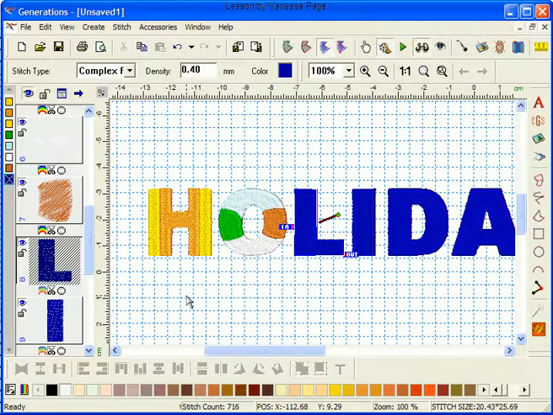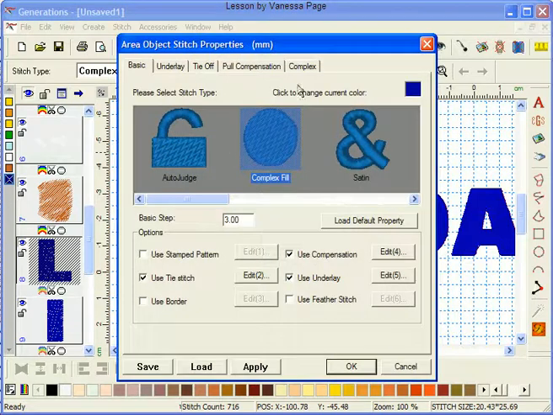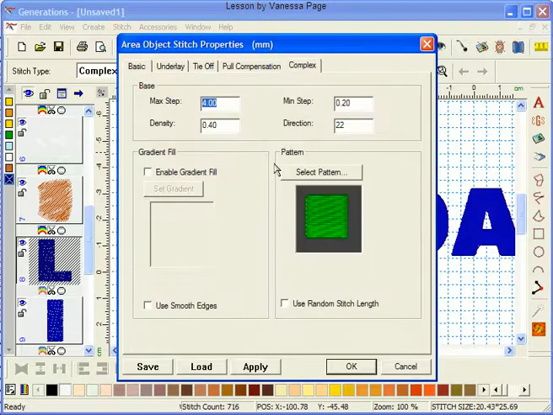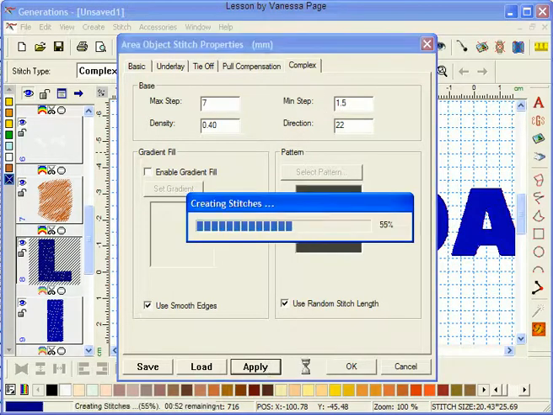Now I'm going to select the L, and this time I'm just going to leave it as a complex fill, but I'm going to hit my space bar. I'm going to go to complex, and I'm going to use random stitch length. I'm going to use smooth edges. I'm going to have a maximum step of 7 and a minimum step of 1.5. Apply, click OK,